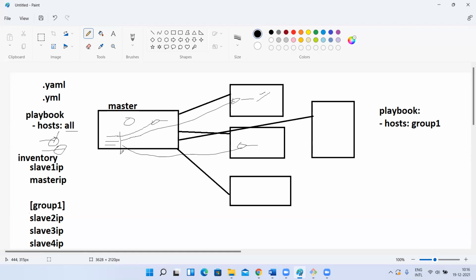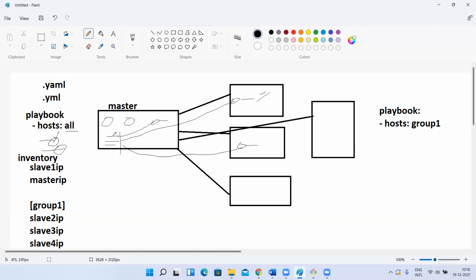So next time when your master wants to communicate, whenever you run a playbook, when your master takes the playbook modules and runs them here, it will use these keys to authenticate, instead of username and password, with your instances. Understood, guys? For master also we did the same thing. We generated a user and copied that. Is it clear? Yes or no?